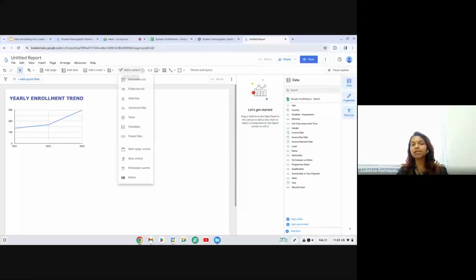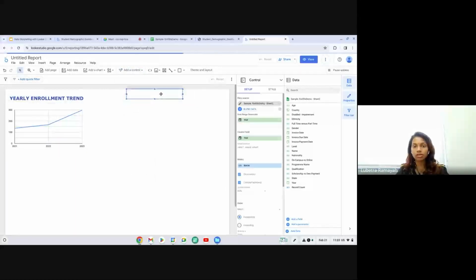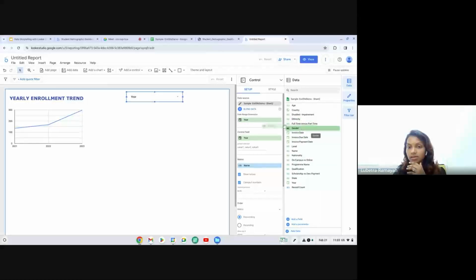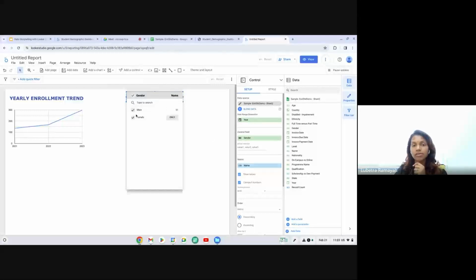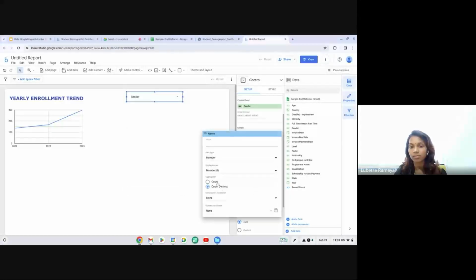And for example, now you want to add a drop down. Okay. So I want to add a drop down showing the gender. Okay. So you can create a gender. So here you can see all the list of sources, right. So from here you want to see gender, you can drag the gender field to the control field here. Okay, so here it will actually have the list of gender types here, and then this shows the name. The matrix shows the list of